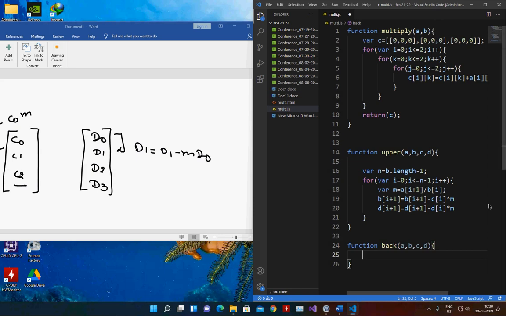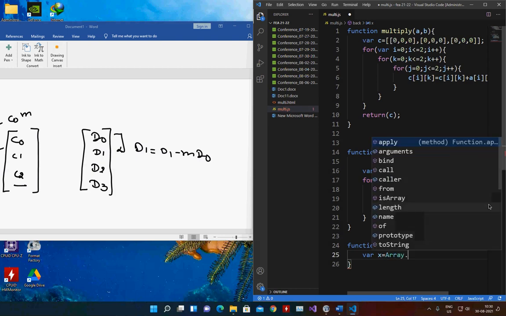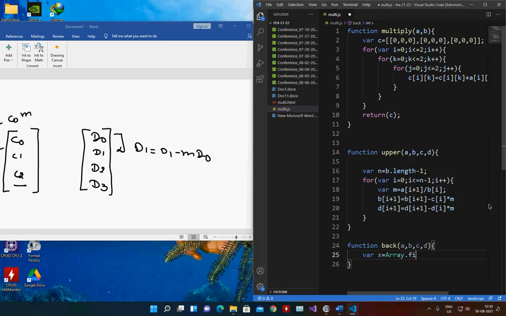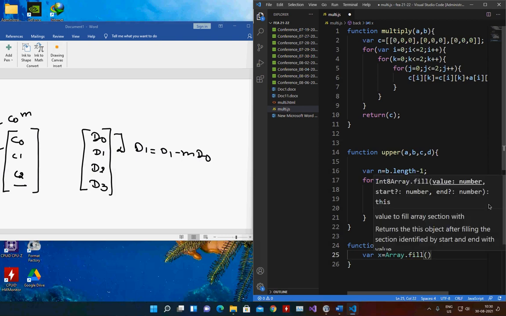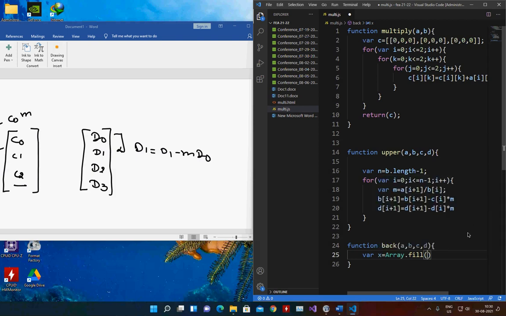Okay, so now first I create a var x equal to array dot fill. So how many columns are there? So I need to have column first.